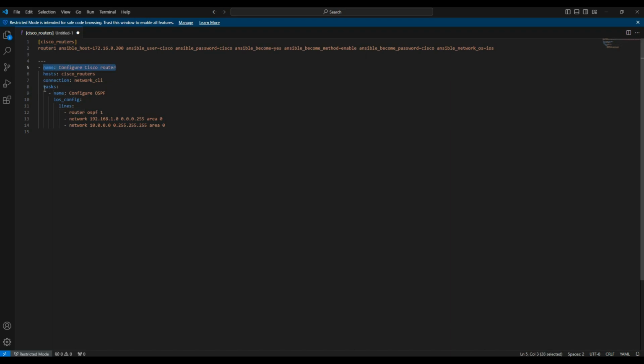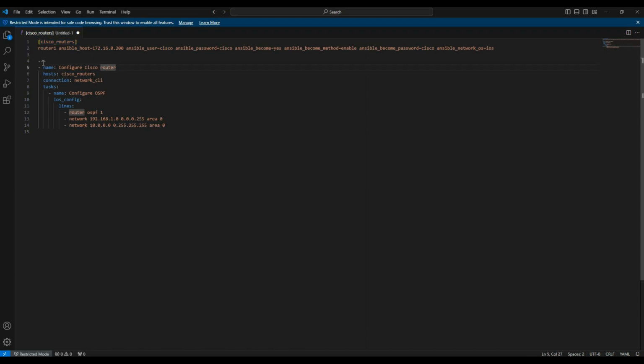Under this name, you have host connection, and under host connection you have task. Under task, you have name. Under name, you have ios_config. Under ios_config, you have lines. Now when you send this configuration, all these commands will be sent to this particular host of routers, and this particular host of routers is defined in your